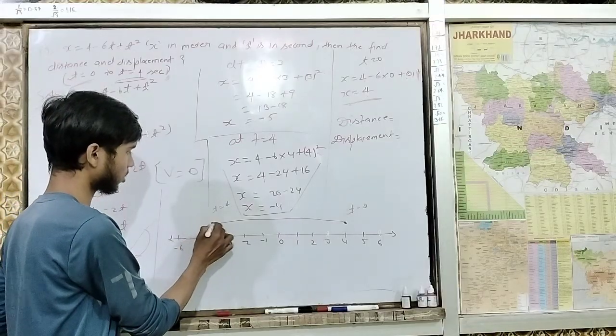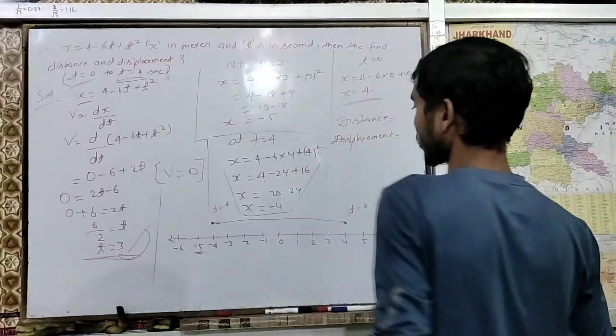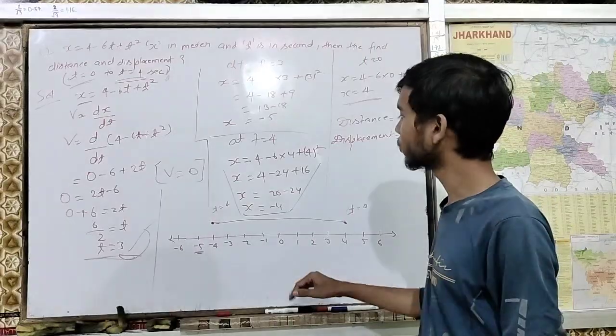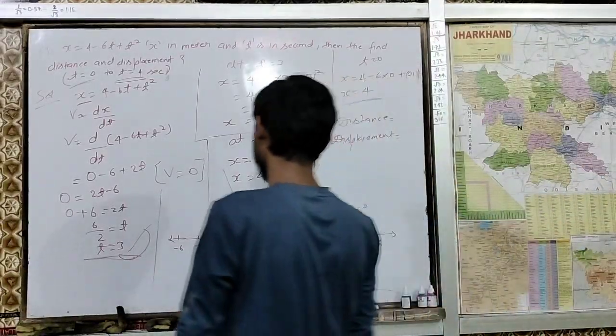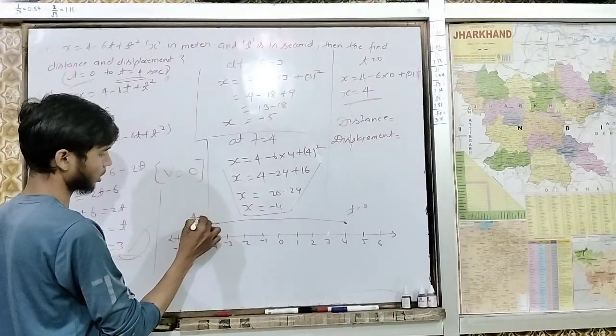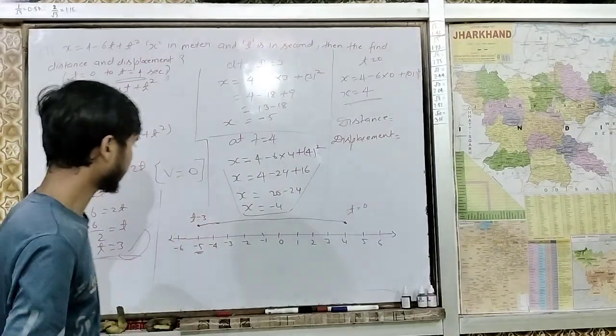At t is equal to 4, so x is coming how much? So the initial position would be over here, t is equal to 3. And at t is equal to 4,